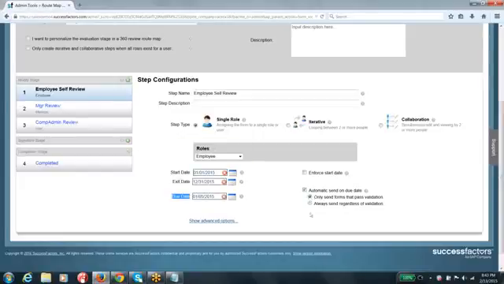Or the other option is send the forms that pass validation, which means the forms where the mandatory details have been provided, the fields marked as mandatory have been updated. Send only such forms to the next step.